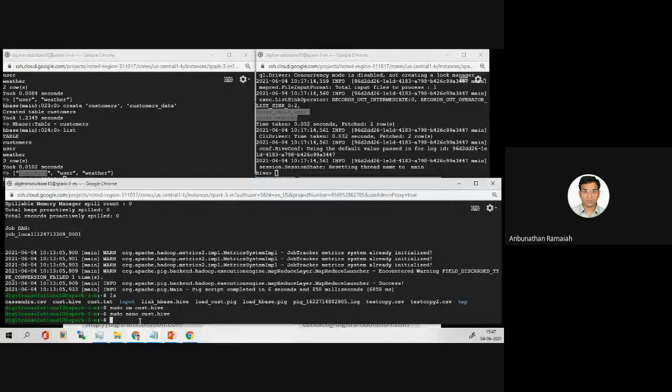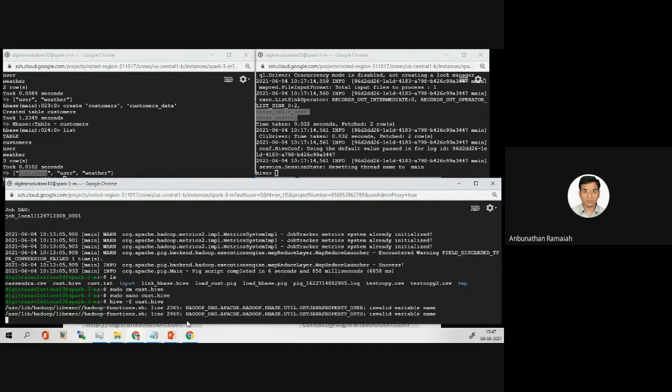So to run the script, you have to call Hive, and the file name you have to give is cust.hive. So just execute.